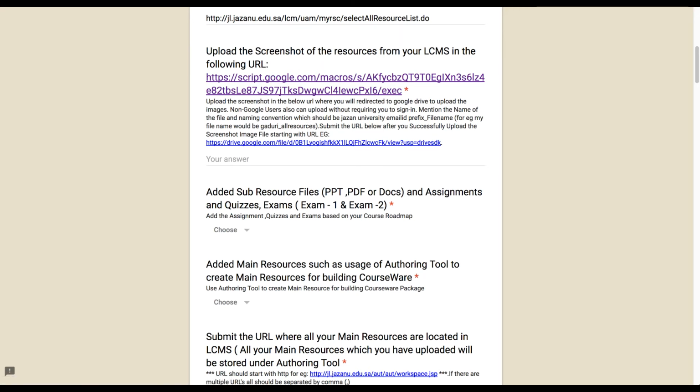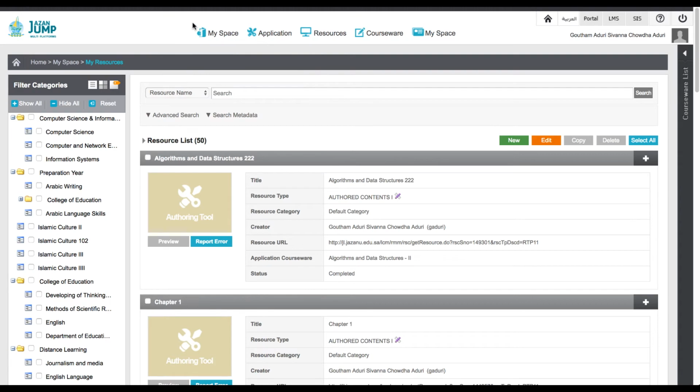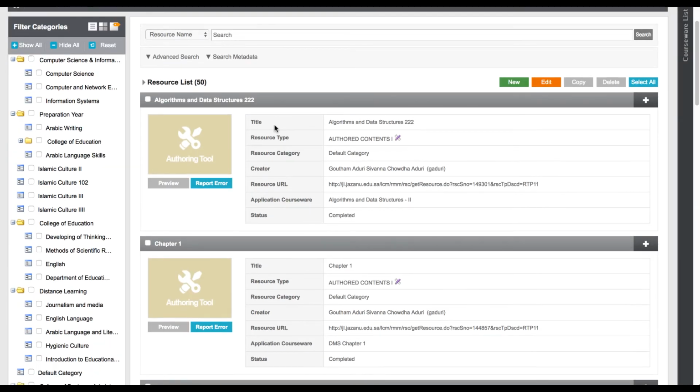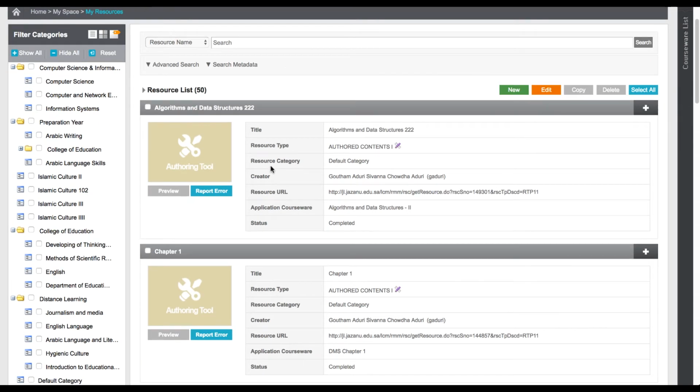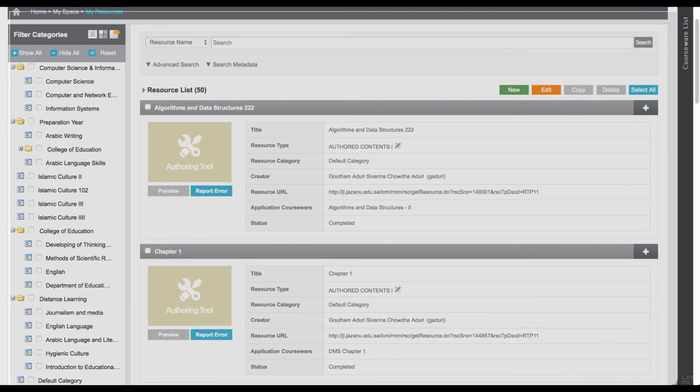So what I will do is I will take the screenshot from all resources. Suppose I have uploaded all these resources. What I will do is take a screenshot, Control Shift, or whatever tool that you use for taking the screenshot. You can use any tool. Just take the screenshot,